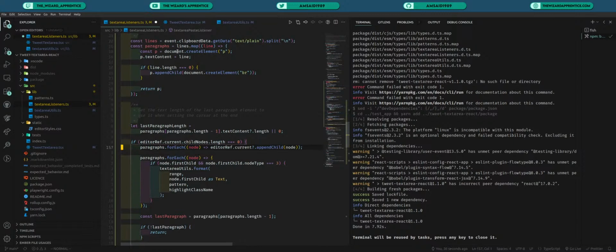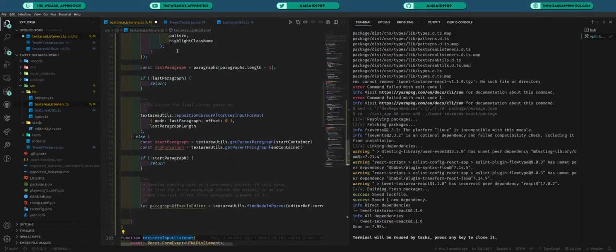Yeah, here basically we just appended the child nodes into the editor. However, the way we're going to do it is a bit different, because now we need to make sure that we're adding them in the correct position. We're also not going to add all the paragraphs. We're going to skip the first paragraph, because